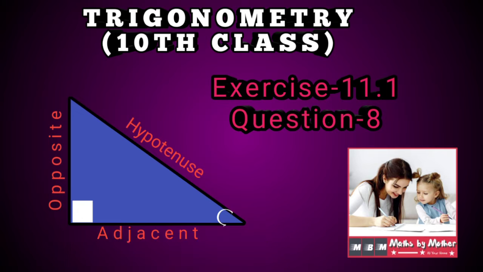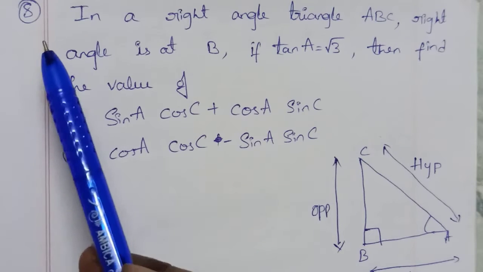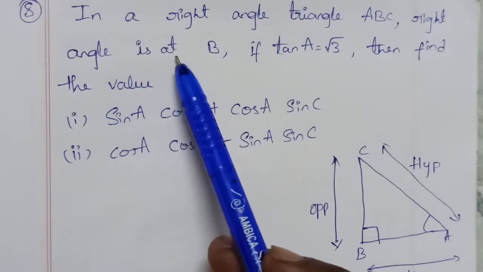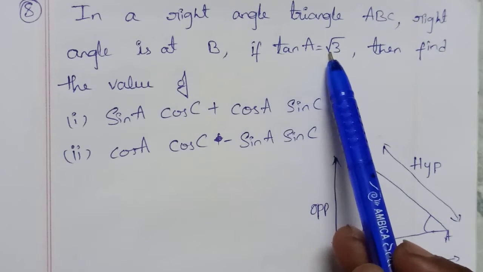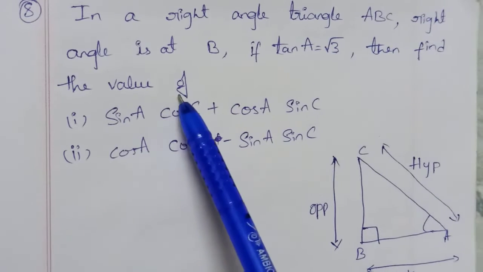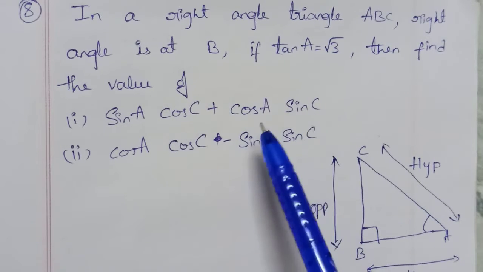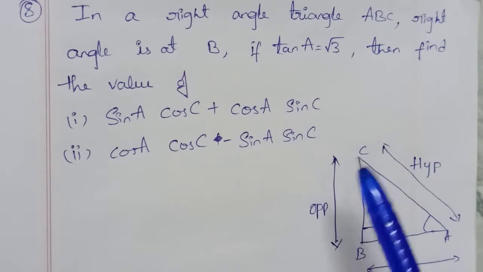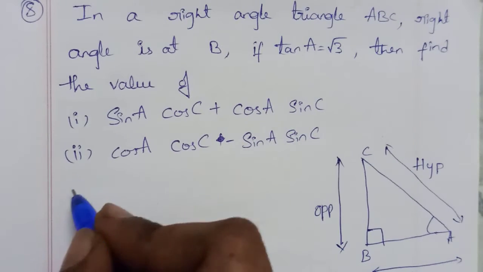Let's get into the topic. Problem number 8. In a right angle triangle ABC, right angle is at B. If tan A is equal to root 3, then find the value of sin A cos C plus cos A sin C, and cos A cos C minus sin A sin C. Here,